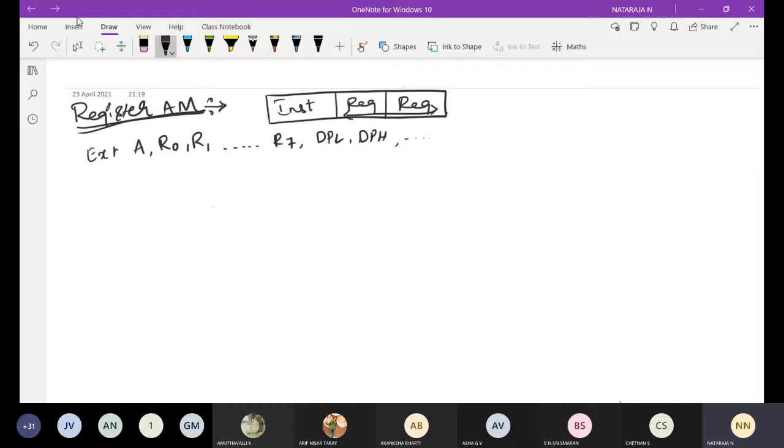In this register addressing mode, the data to be operated on is in the register. We are going to transmit the data with respect to a register. Registers R0, R1 up to R7 will be selected from the different register banks. For example, now I am going to use R0 to R7 with respect to the register bank. How are we going to decide the register bank?